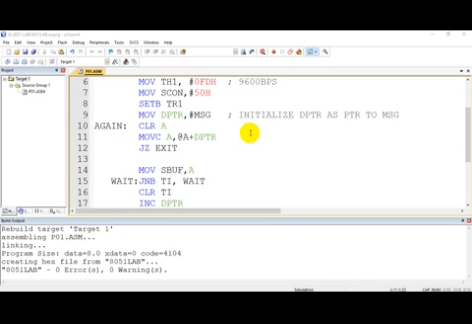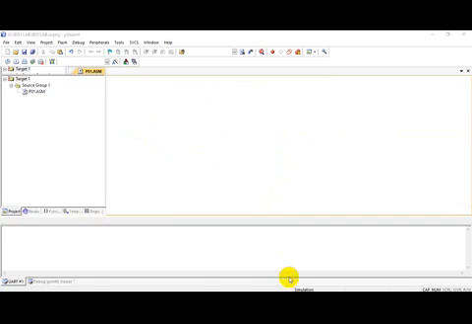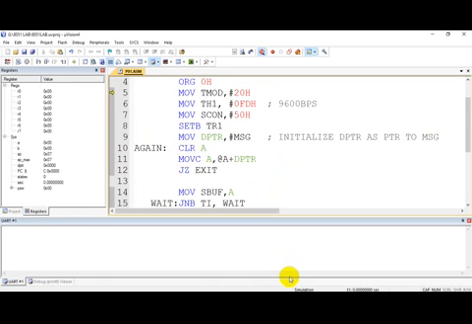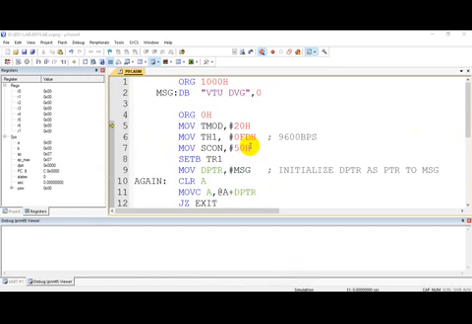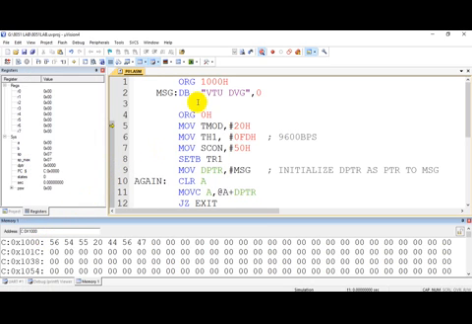Okay, so let's debug this program and see. I will go to the debug. Fine. So the message is stored in the code memory. You can view this. Go to view, memory, and click on the memory window. Since this is code memory, you should write C colon, and the address is 1000.